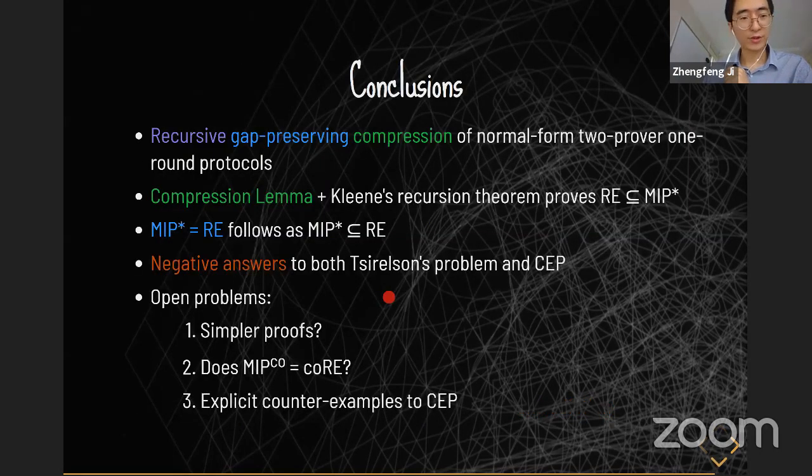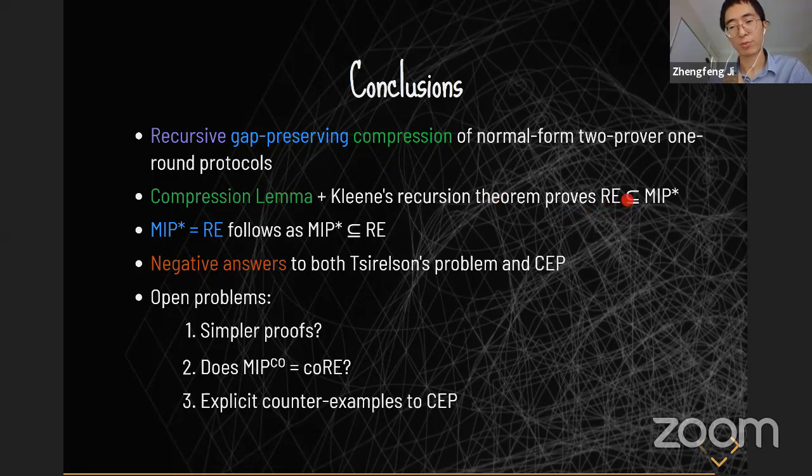So to summarize, we have been constructing recursive gap-preserving compression of normal form two-prover one-round protocols. It's for a very special family of protocols. And using this compression lemma and Kleene's recursion theorem, we are able to prove that RE, the halting problem, has